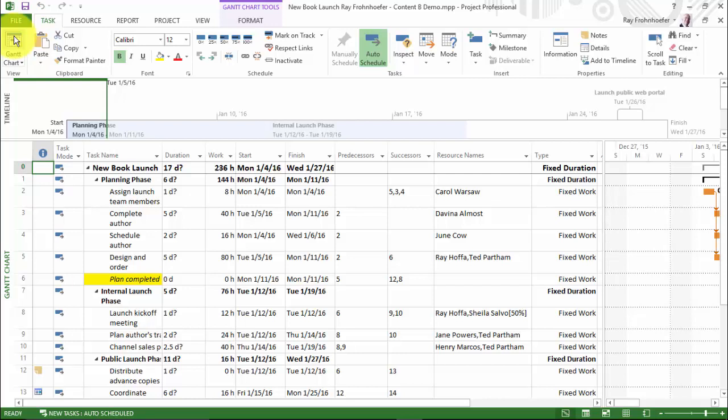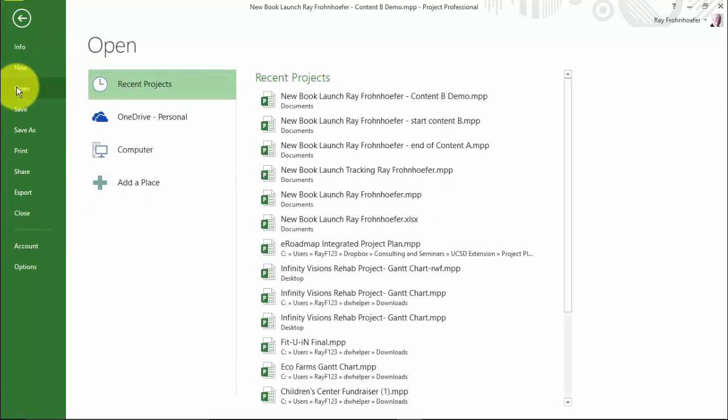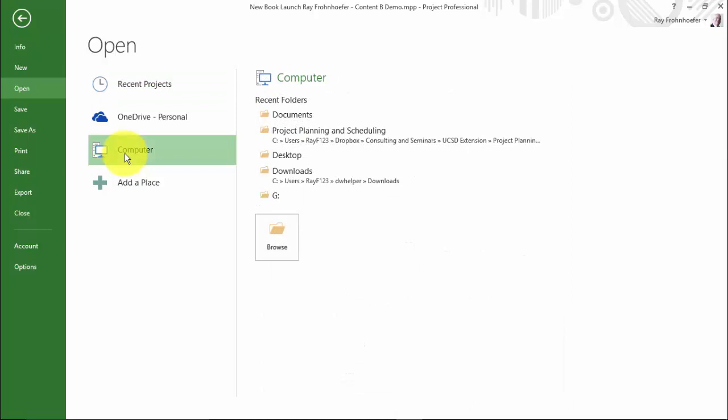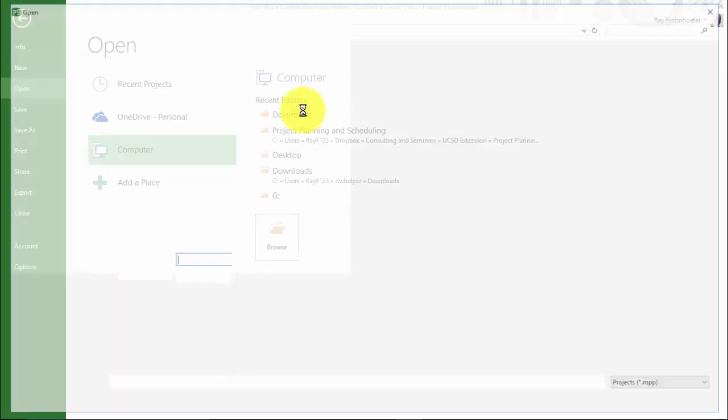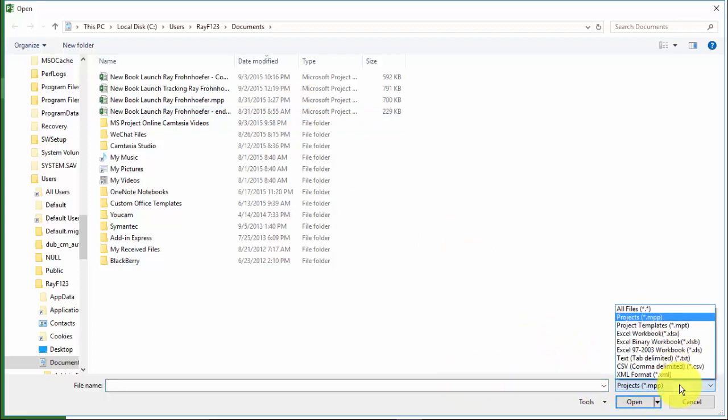So what I'm going to do is go to the Backstage view. I'm going to click Open. I'm going to look for a file on my computer, and I'm going to go to Documents, and right now for the file extensions it says .mpp.